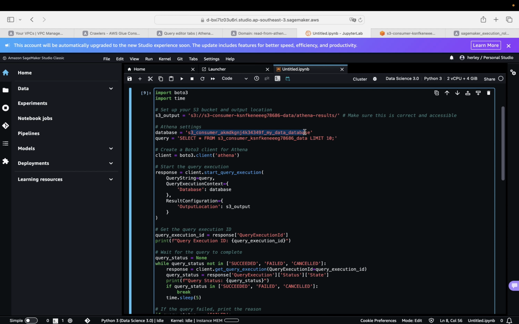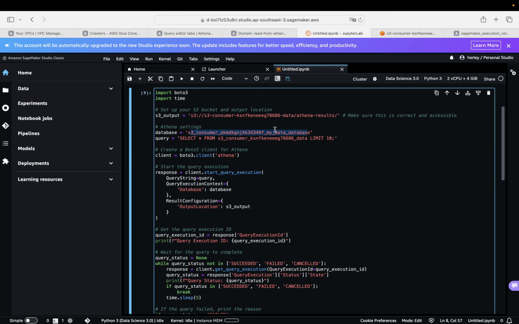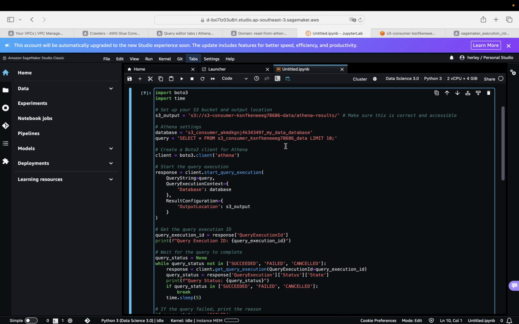I know this database from this Athena console, so I just copy and paste the database in here. Also, the Athena table that was created, oops, that was created in here. So this is the table that I copy the table name from and then paste in this SageMaker.